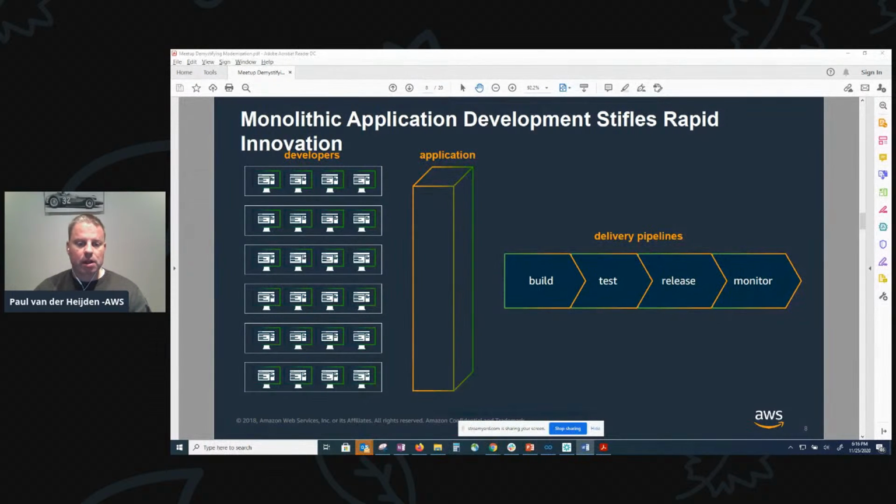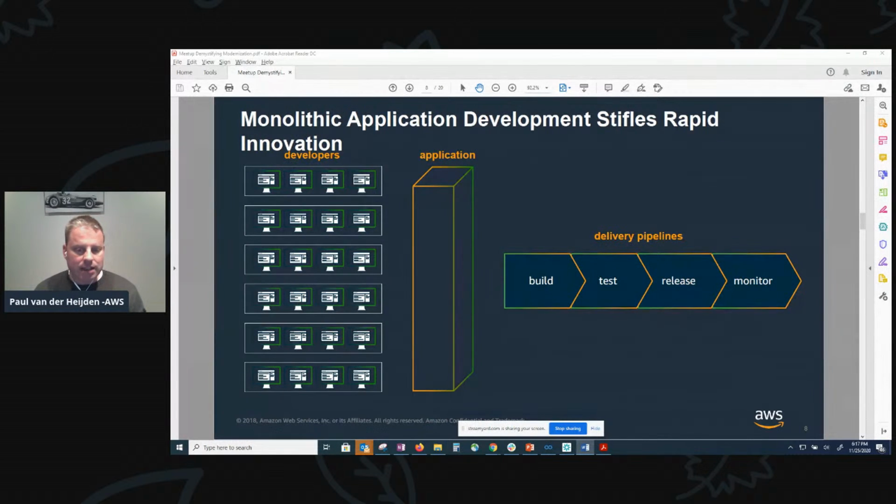Now let's talk about monolithic application development that stifles rapid innovations. So let's shift gears and look at that application modernization. Many legacy applications are burdened with long development cycles and the inability to quickly respond to new feature requests and infrequent product updates and releases. The challenge is that there are lots of developers and other functional roles that are still coordinating and aligning activities around that single complex application tied to a single delivery or release pipeline.